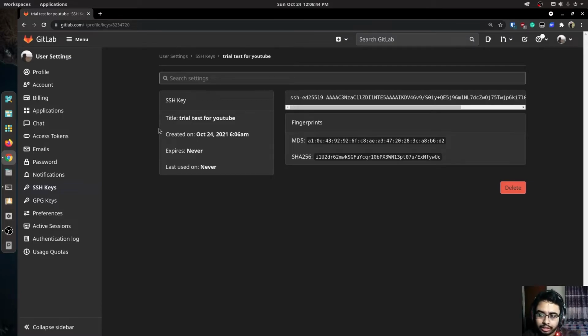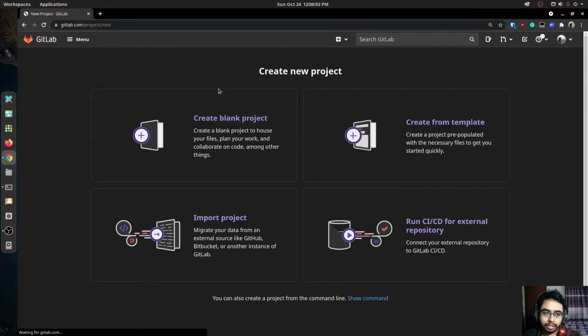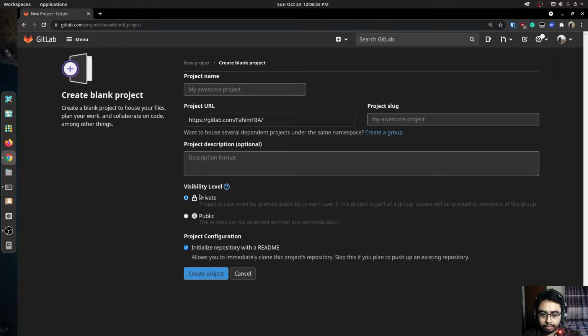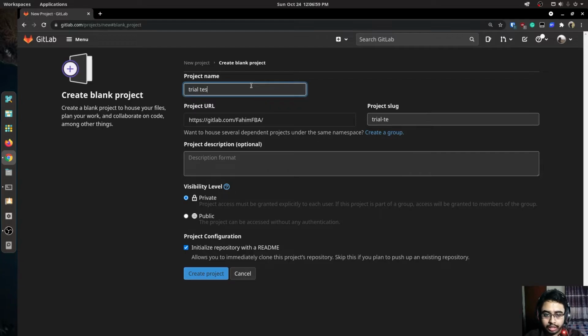Now what I need to do, most probably you have already guessed, I need to simply clone a private repository, or if you don't have any private repository yet, you can simply create a new repository. That would work as well. So I'm going to create a new repository, create blank project, obviously private. I'm going to give it a name, trial test for YouTube. You can use any name you want. It's just for test purposes, nothing serious. So I'm going to create this project,